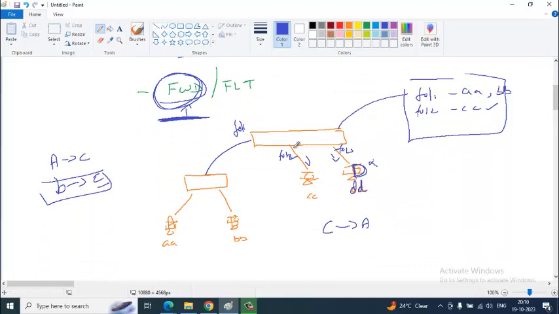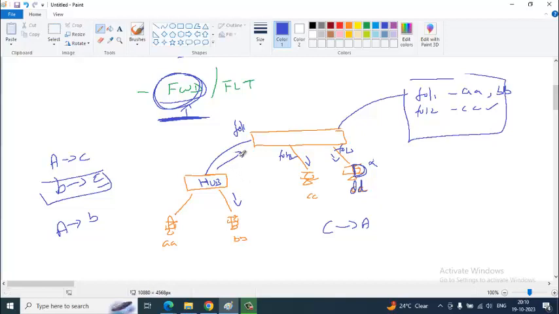Now what happened? A is now talking to B. For the first time, A is talking to B. If the switch does not know about B, assume I want to consider this as a hub. A hub never learns, it always broadcasts, and A is talking to B, so this packet will be flooded to this port as well as this port.